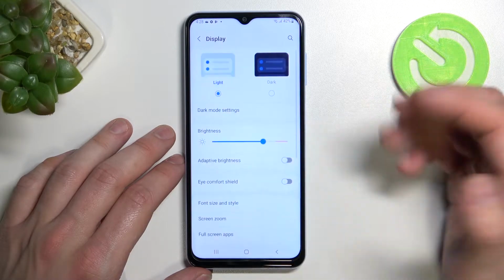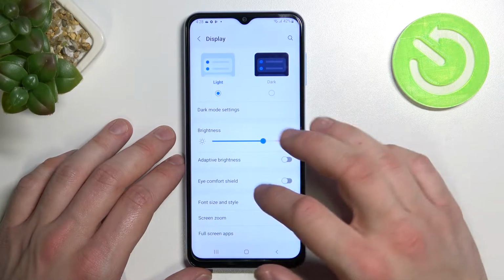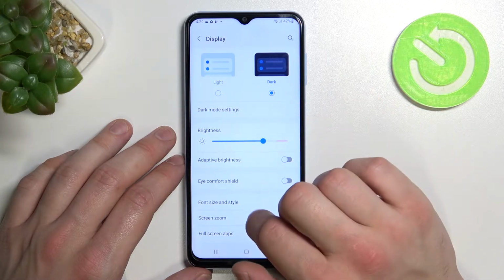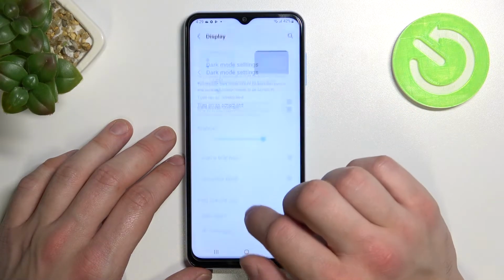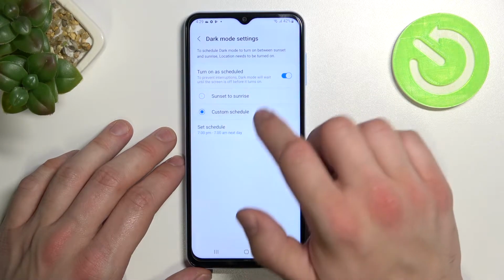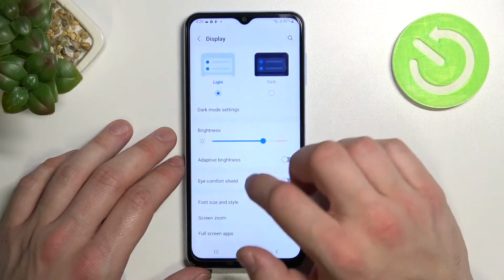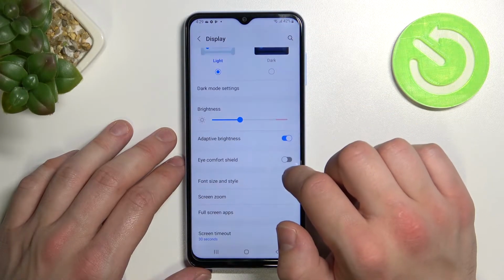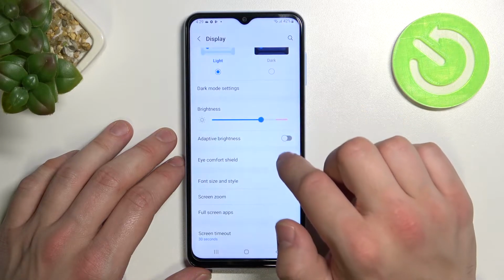Now we've got all settings for our display right here in this menu. Let's start with the top of the list, where we can change between light and dark mode. Manage dark mode, for example, you can schedule it between sunset to sunrise or custom schedule. You can change brightness level of your display, enable or disable adaptive brightness, eye comfort shield,